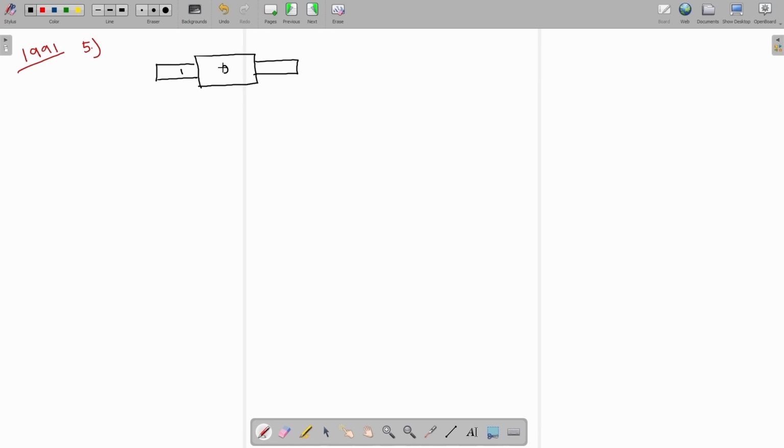This is body 1, this is body 2, this is body 3. The length is the same for all the three, L, and the area is a bit different. For the first one it is A, for the second it is 2A, and for the third it is also A. Okay, a load P is acting like this. Therefore, a load P will also act at this end, that is the fixed end. The bars are in series connection.